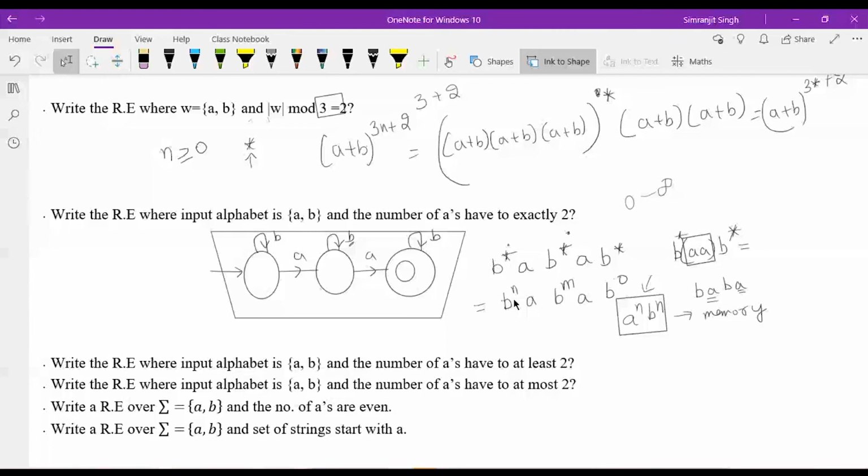Okay. So now it will become a little bit more complicated question here, and it is saying that the number of a's has to be at least two. Okay. So I think if you draw the automata, it will be fairly clear to you, but I suggest you should try without it. Okay, first try without it. After it, now it is just saying at least two. So this is exactly two. So till here, it will be similar. After that, something will change. Okay, so just try it yourself and post the answer.